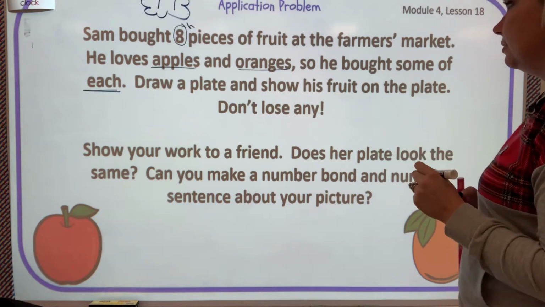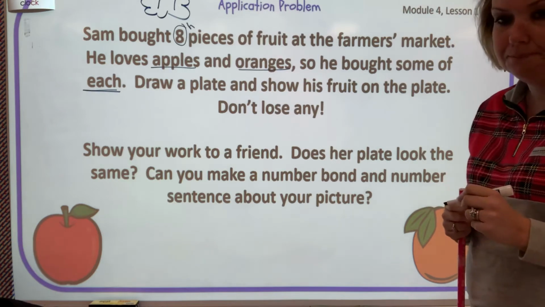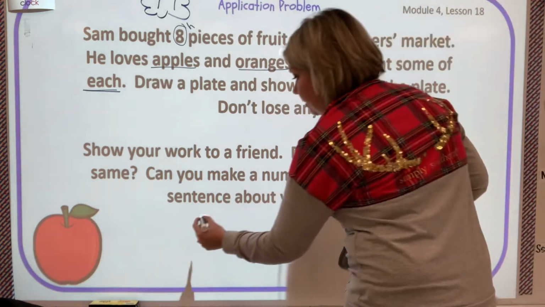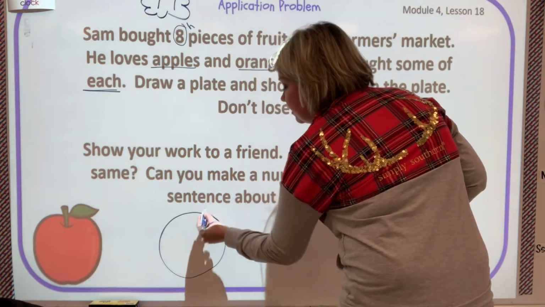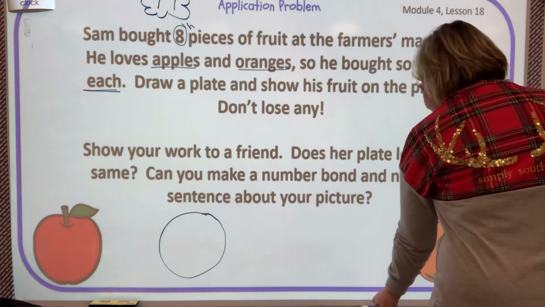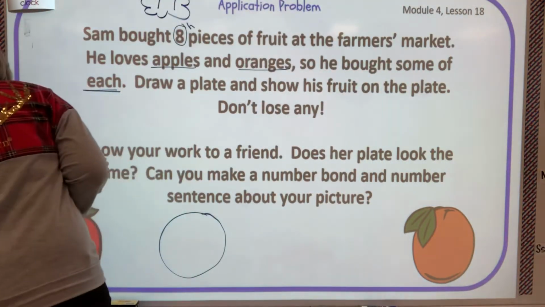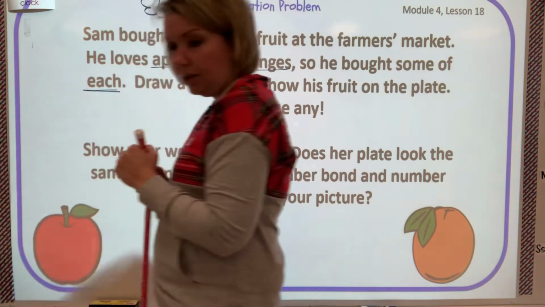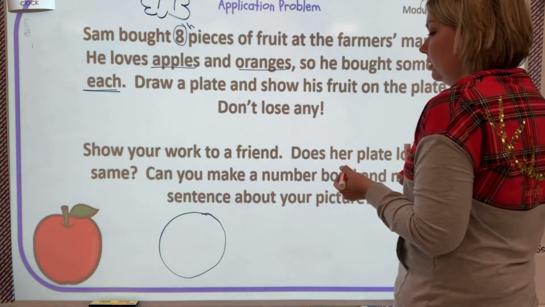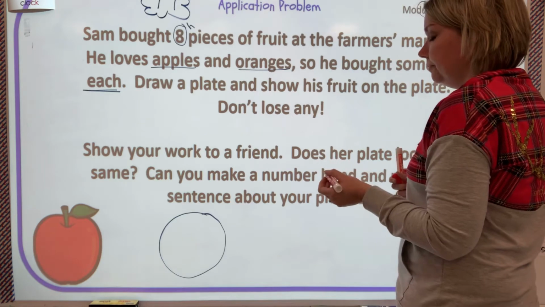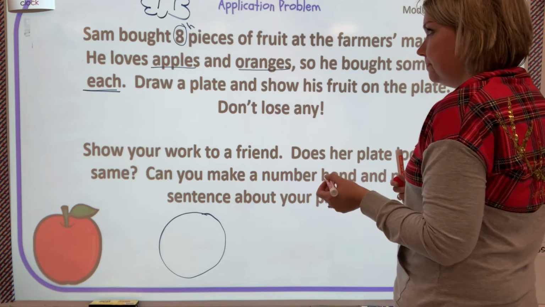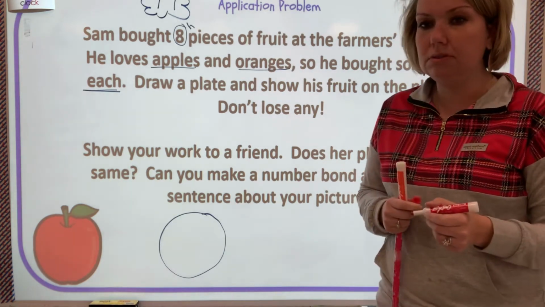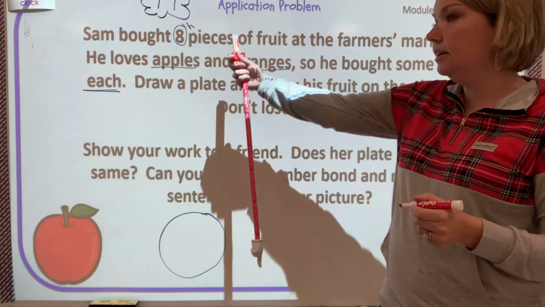Draw a plate and show his fruit on the plate. So that's telling me to draw a plate and show his fruit. Okay, I'm gonna draw a plate. And I'm gonna show his fruit. I'm gonna use colors to help me draw the fruit. You can too if you happen to have your crayons with you. So I know there have to be 8 pieces of fruit. Well, what could I do? I know I need 8 pieces, but